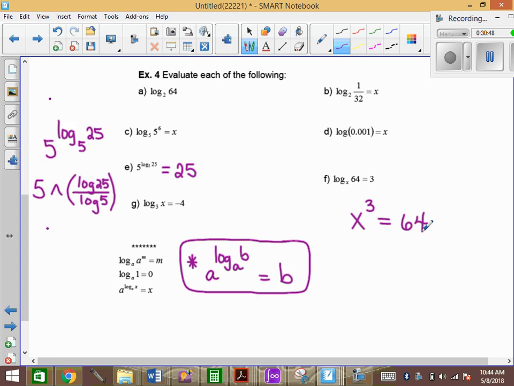Times both sides by a third. Raise them both to the exponent of a third. Why would we do that? Because if we multiply 3 by a third, it's just x to the 1, which is what we want. Could we have cube rooted it? Absolutely. You could absolutely cube root it, and you get x equals